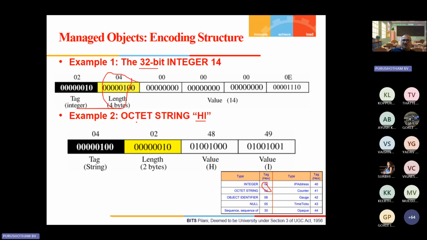For example, say we wanted to give something like hello. Instead of hi, you wanted to say hello. And how many length? 5. That means here 5 bytes will be there, right? Again, H is 48. What is the ASCII equivalent of E? L, L, then O. That's how it will be stored. So length will be 5 here, and this remains the same tag because we are using the octet string. Hello.